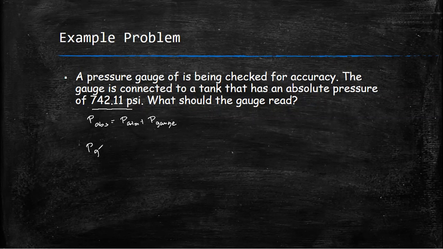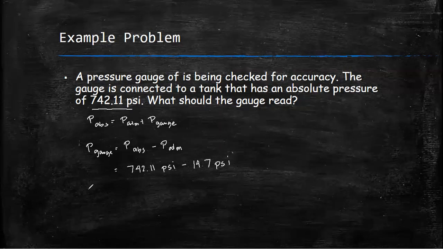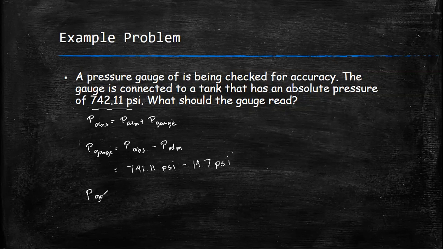Therefore, the gauge pressure is equal to the absolute pressure minus the atmospheric pressure. So we have 742.11 psi minus the atmospheric pressure. The atmospheric pressure in psi is equal to 14.7 psi. So getting the difference between the two quantities, we can now have the value of gauge pressure, which is equal to